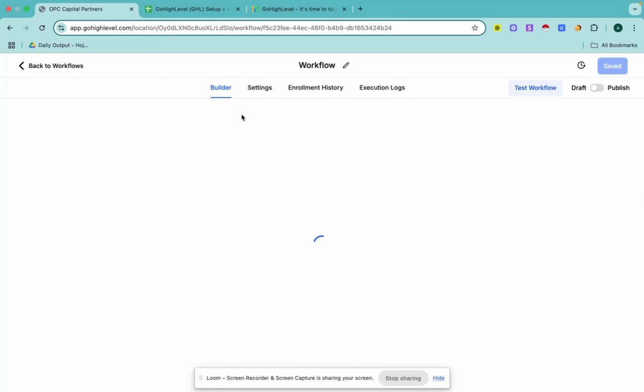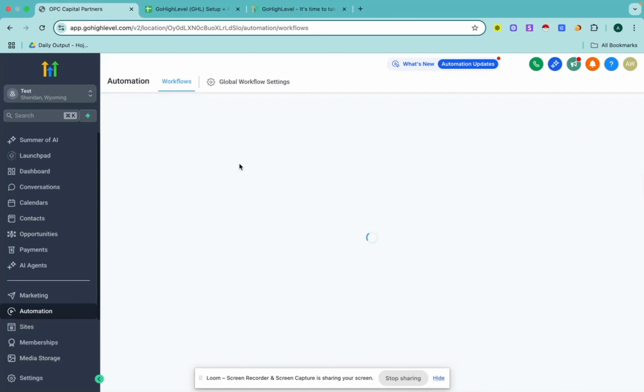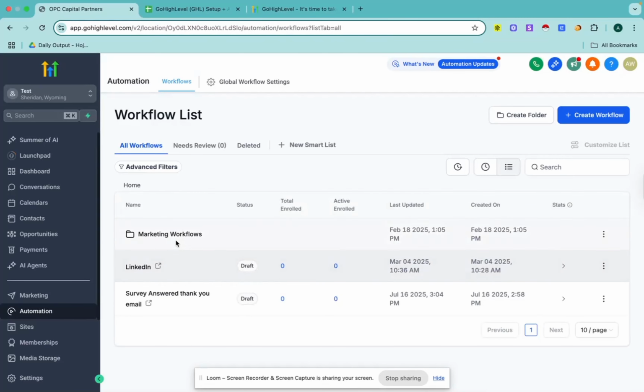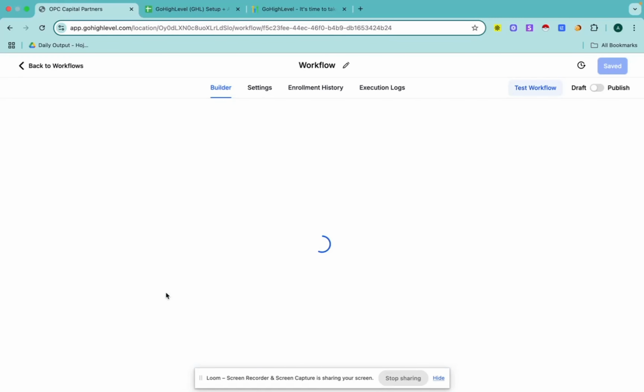Whenever something like that happens, they go into an automation, okay, which is like a process in which, depending on what you choose, they receive the emails, or they get tagged into the pipeline,